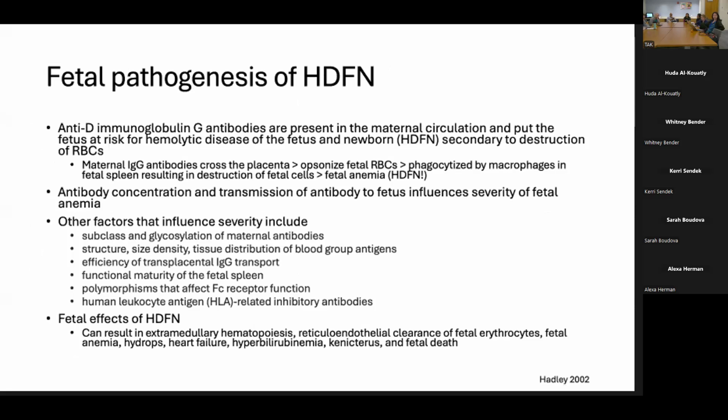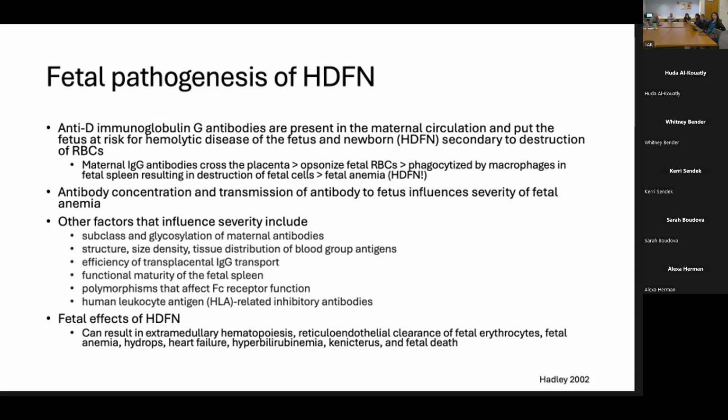So when we talk about hemolytic disease of the fetus and newborn, this is just driving the point home. We touched on it briefly a couple slides ago, but essentially these anti-D immunoglobulin antibodies are present in the maternal circulation and put the fetus at risk for hemolytic disease. And so we know that these IgG antibodies cross the placenta and opsonize fetal red blood cells. These are phagocytized by macrophages in the fetal spleen, which results in destruction of fetal cells and then fetal anemia. And we know that the antibody concentration and transmission of antibody to the fetus influences the severity of